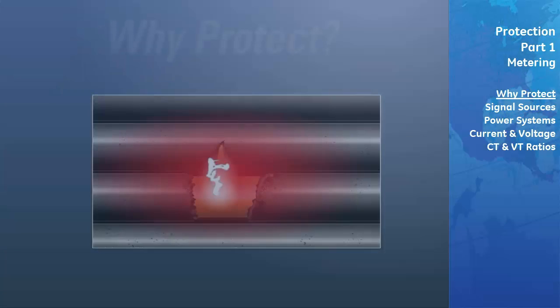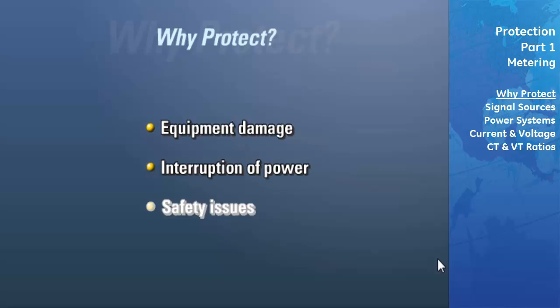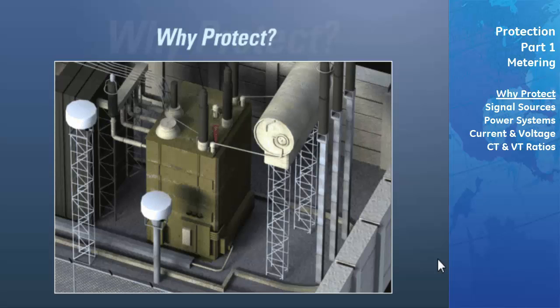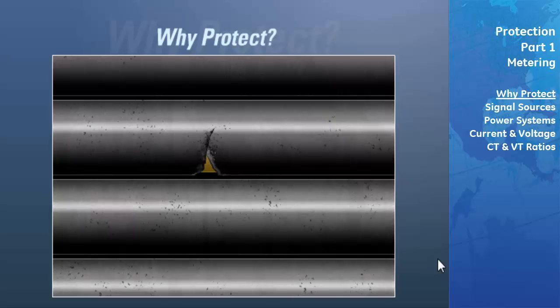The potential costs due to equipment damage, interruption of power, and associated safety issues give a high priority to protection. For example, if a small section of aging insulation in a large distribution transformer fails, high levels of fault current will flow. If the fault isn't isolated quickly, the fault current will cause the conductors to heat. As the temperature of the conductor rises, the damage will spread to the surrounding insulation, causing it to fail, and